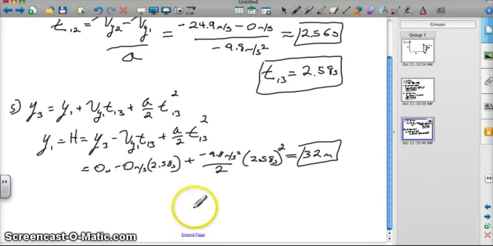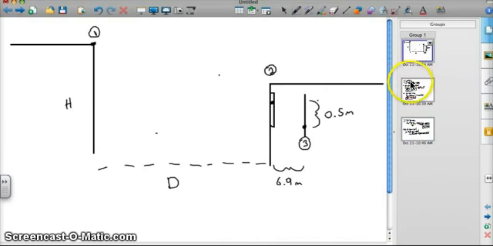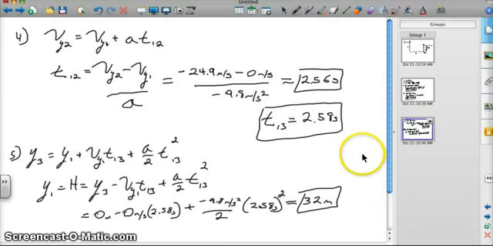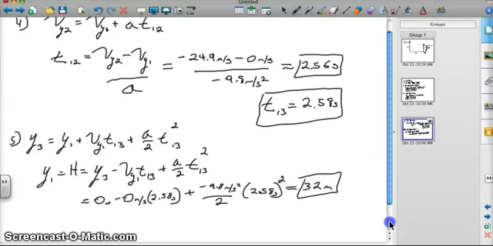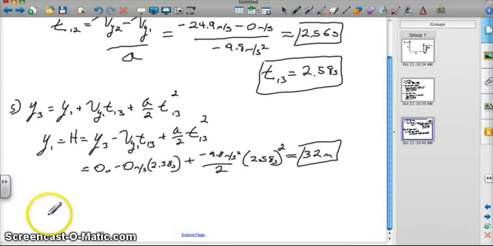The next thing that we can figure out is the distance, D. How far away is the building from the other building? We're looking at the horizontal distance between point 1 and point 2. To do that is rather simple. This will be the last step, step 6. D is equal to x from point 1 to 2, which is equal to the horizontal velocity times time 1 to 2. If I plug in those values, I'm going to get